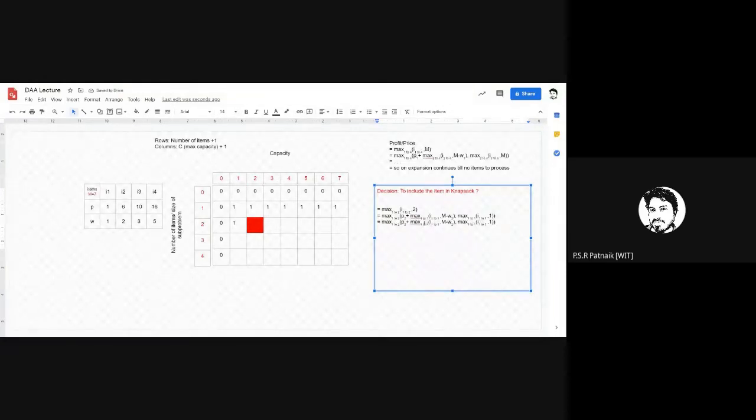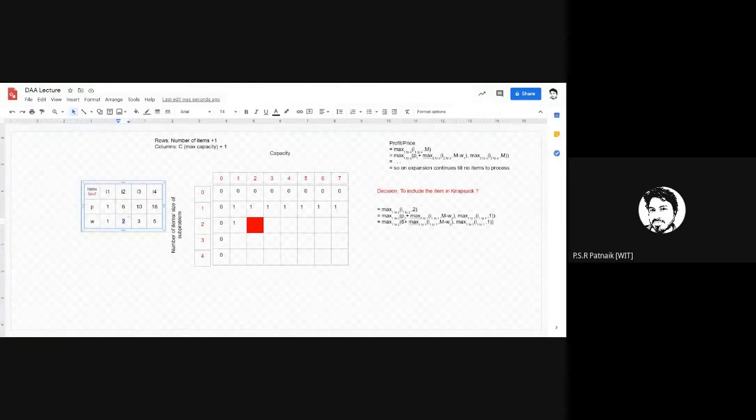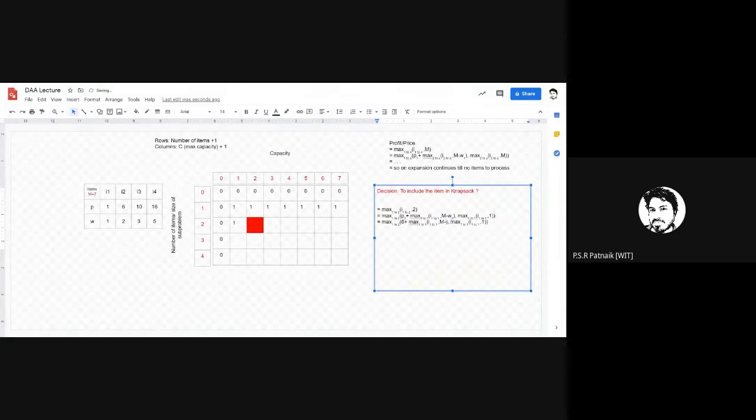So what is P2 here? Profit for sack 2, P2 is 6. P2 is 6, max of 1 to 1, I1. What is M minus W2? What is the weight associated with this? Weight is 2. What is the maximum M here? 2. So M minus 2 is 0, right? Or max of this from 2. Now, if I further substitute the values for this,